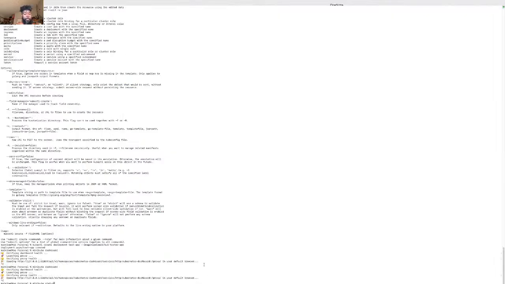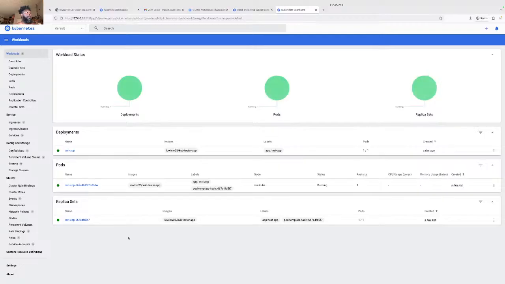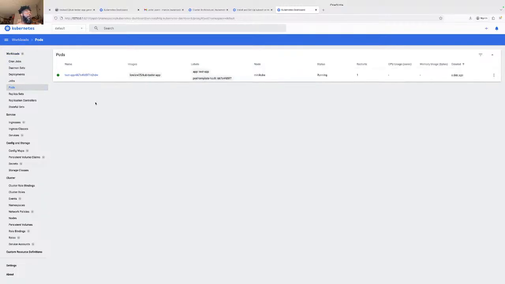After this, I can run minikube status here, and then minikube dashboard. What minikube dashboard does is it shows all my deployments and stuff. It shows you all your pods and how to manage them.